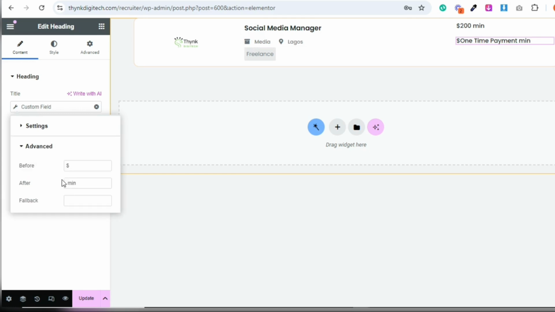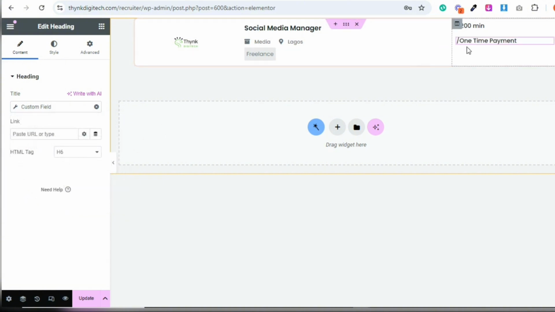So I'm going to come to the advanced, remove the dollar, then remove the minimum. Then I'm just going to put slash. That's before. The slash should be before, which should state that this $200 minimum is per one-time payment for this